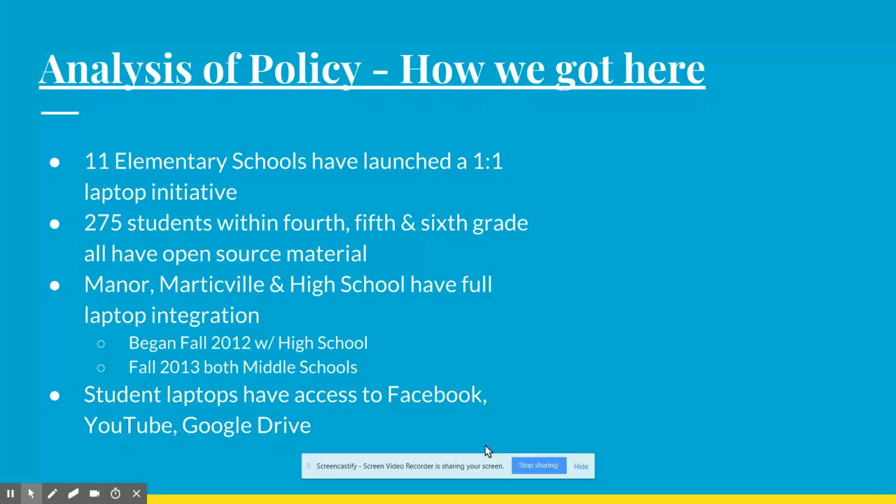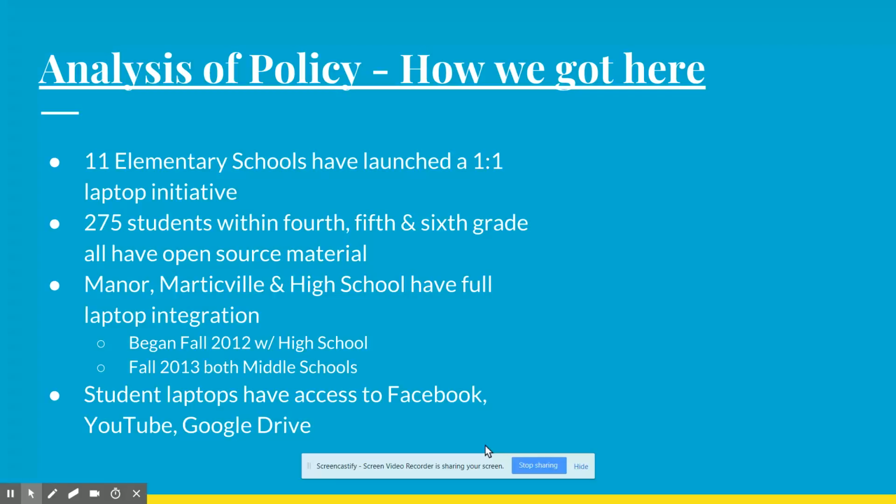We have two middle schools, Manor Middle School and Margaretville, along with the high schools, and they have gone complete full laptop integration. But with that, and most importantly, students in middle and high school have full access to pretty much social media, specifically like Facebook, which is actually installed on their laptops.